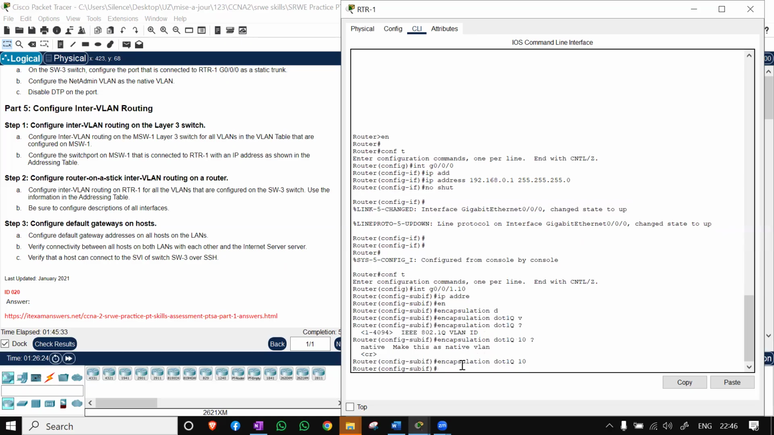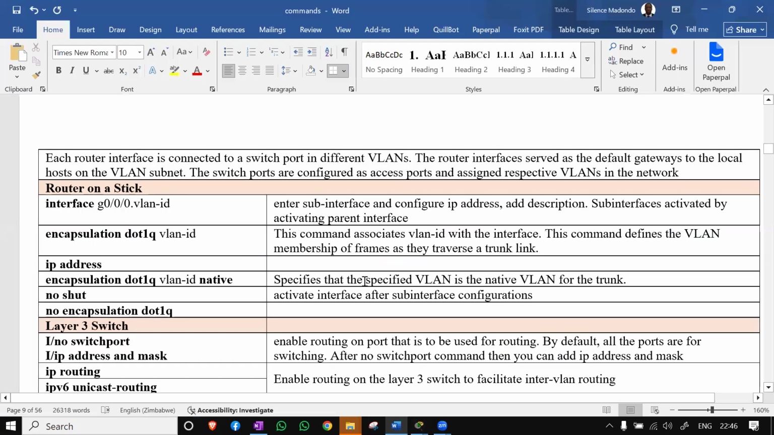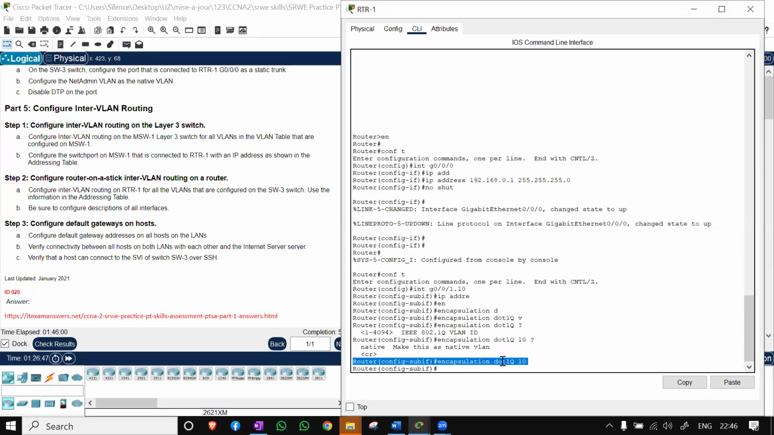Question: what does this command do? Very important. Encapsulation dot1Q 10. This command associates our sub interface with a specific VLAN. Let me see. It specifies that it associates the VLAN ID with the interface. It defines the VLAN membership of frames as they traverse the trunk. So this one basically associates